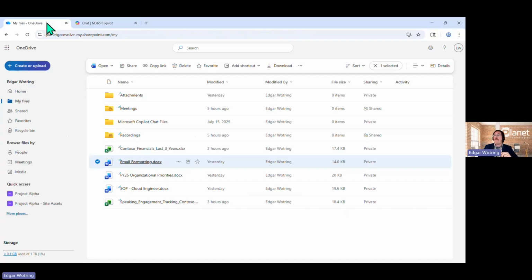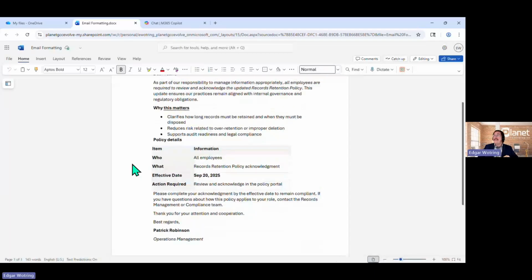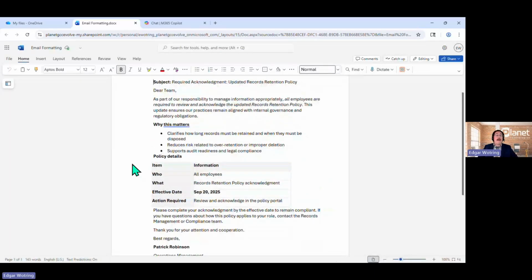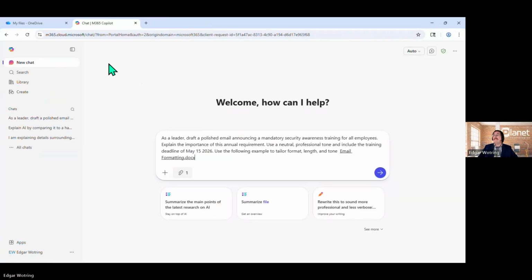Just for a bit more context for all of us here, before we provide this prompt to Copilot, let's get a quick look at that actual document. This is the document that we're referring Copilot to as a part of our prompt, and we want Copilot to draw on the formatting and the tone that are included within this document. It's a great document. It provides some helpful information. Again, we're going to follow the cues provided in this document to get that intended output from Copilot. With our prompt in place and with the inclusion of this document, let's see what Copilot can do for us.